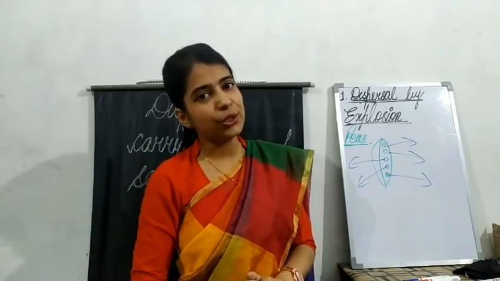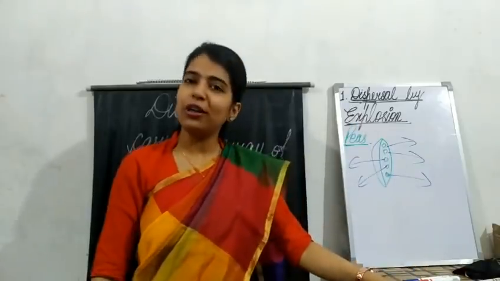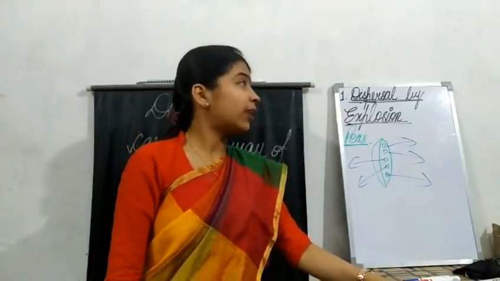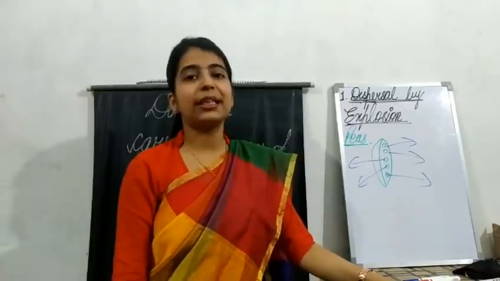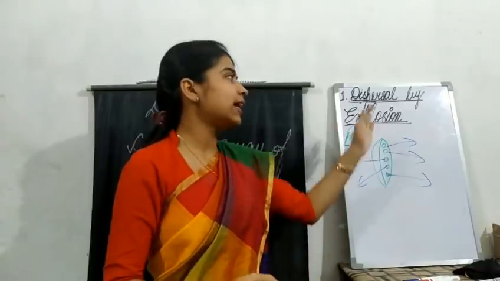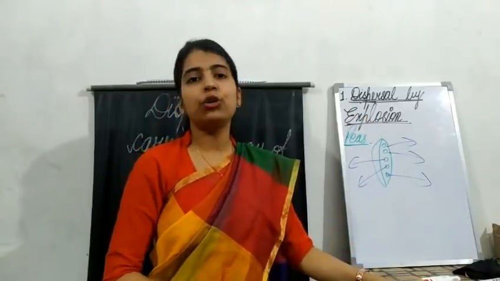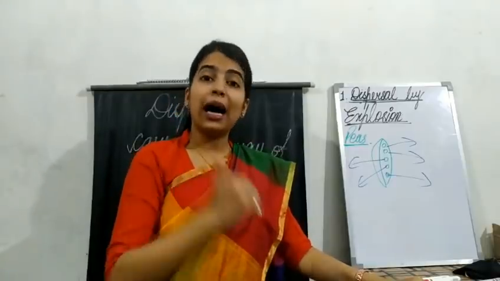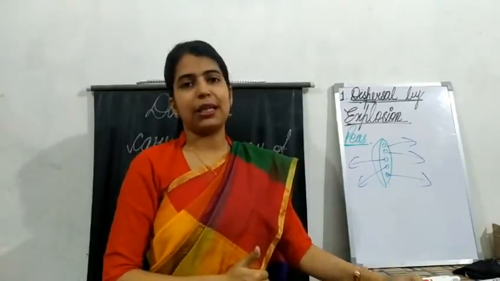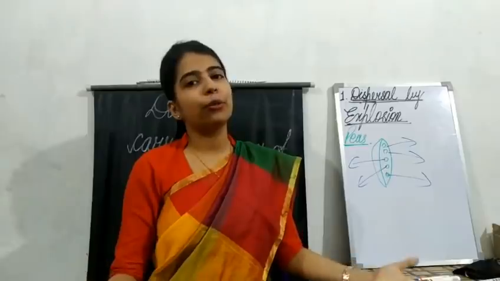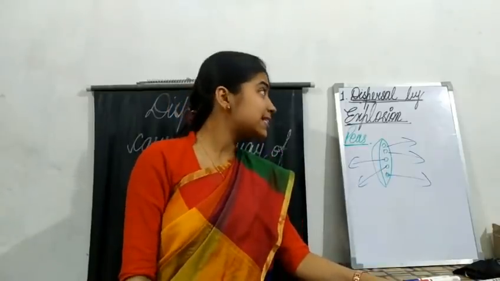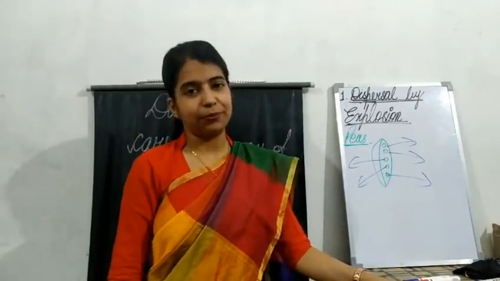Okay, students, so this is the end of your chapter. Today we have covered the four agents of dispersal, that is wind, water, animals and explosion. Also, I have taught you how to grow plants from other parts of the plant, that is from the roots, stems or leaves. So, this is the end of your chapter.